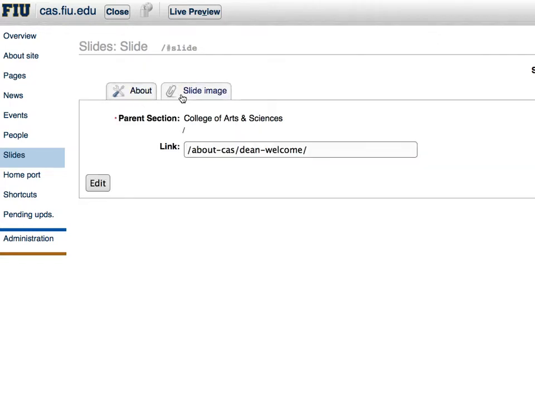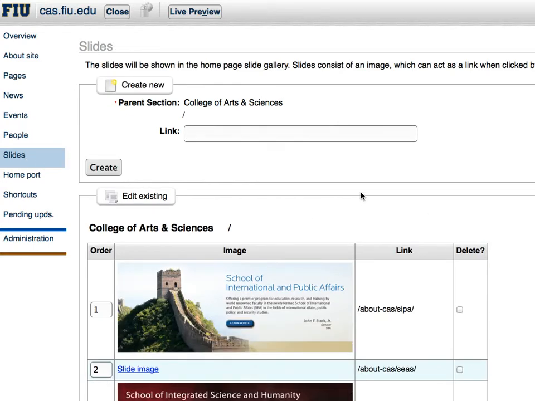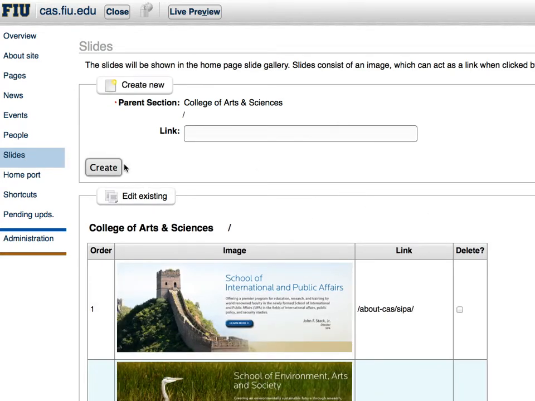About section for that specific slide. So we're still in this slide editing interface, and I can go back and change this link if I like. So if I'm done with the slide, if the slide is ready, the link is correct, the image is correct, then I'm done here. I can click back on the slides list,